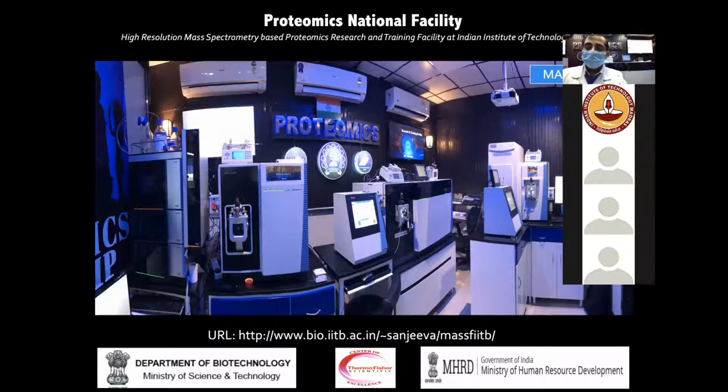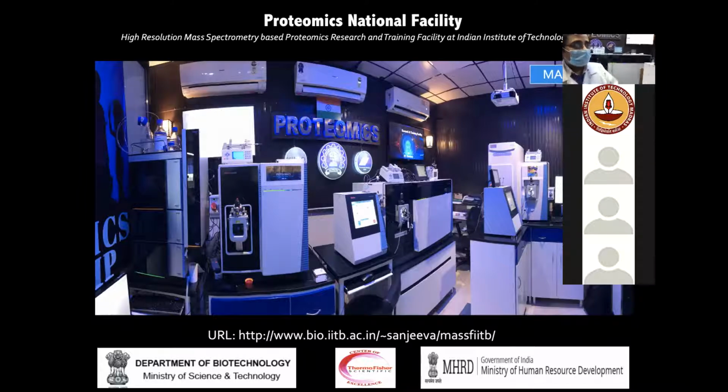And to do that, you first digest your protein, get peptides, separate those peptides with liquid chromatography, and ionize those peptides to make ionized gaseous forms, and let them move inside the mass analyzers. And this one is the tribrid instrument, which has quadrupoles, Orbitrap, and ion trap, so that you can get better resolution for separating these peptides.